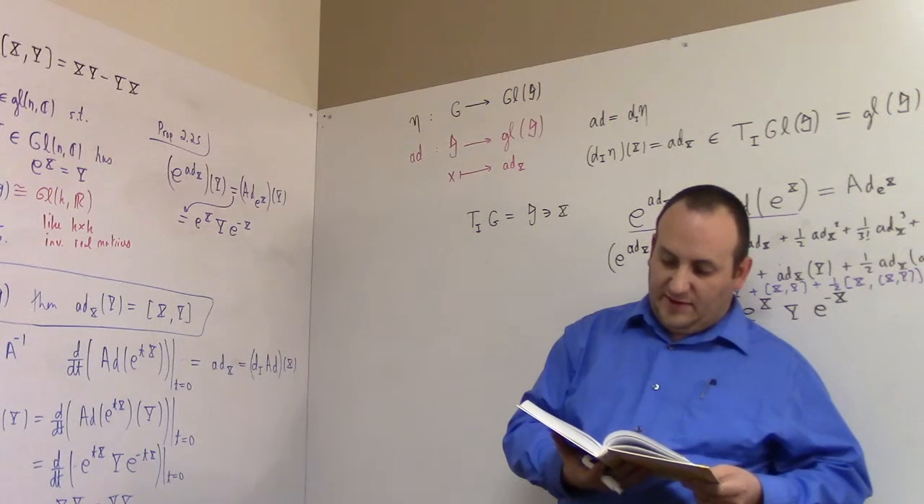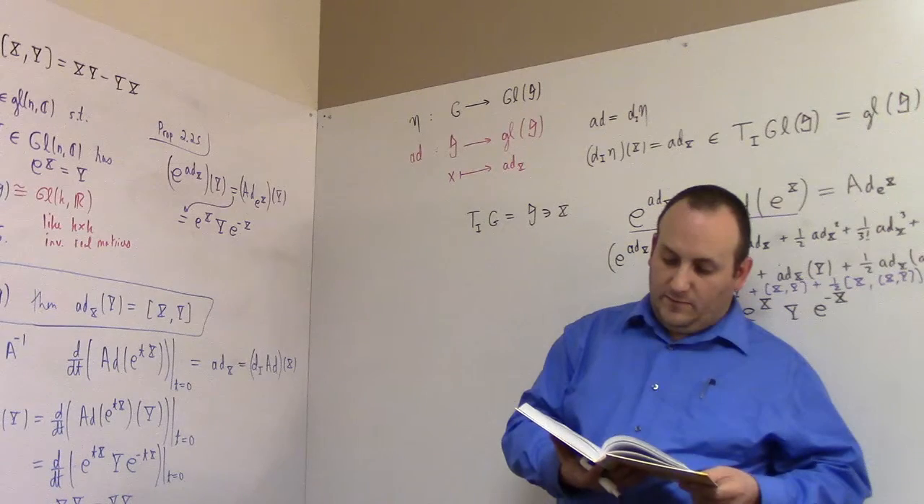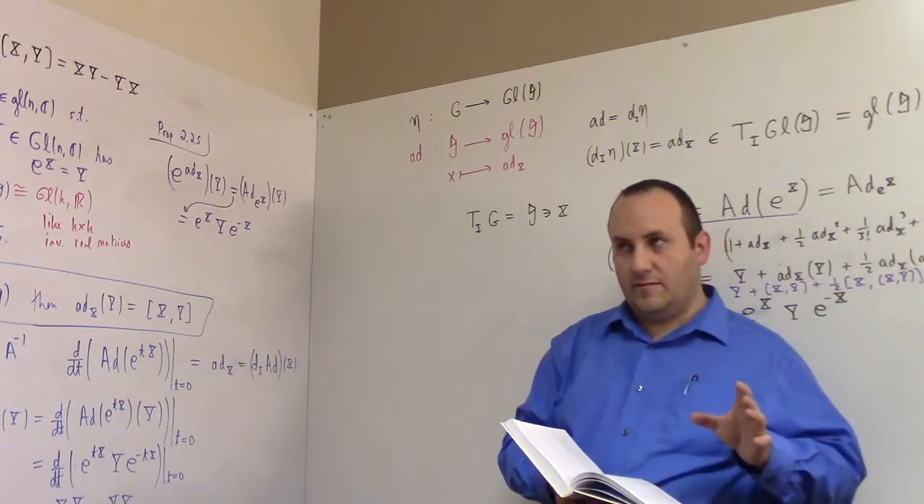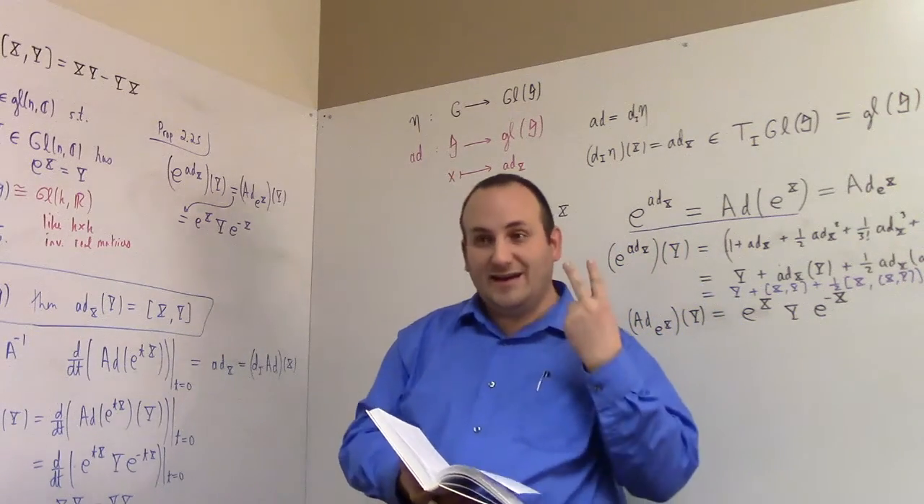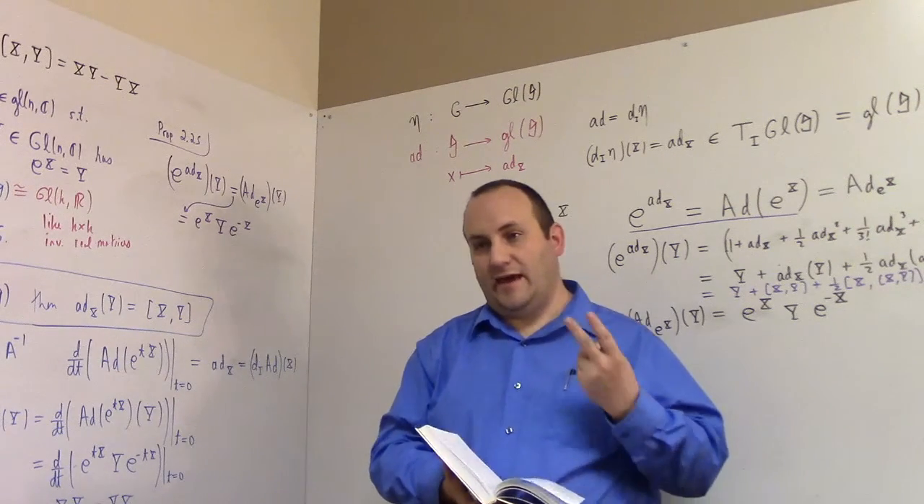If G is a connected matrix Lie group and H is a matrix Lie group, and you have Lie group homomorphisms from G into H, if you have associated Lie algebra homomorphisms, if the Lie algebra homomorphisms are equal, then the Lie group homomorphisms are equal. So, in other words, if you have two connected Lie groups, and they have